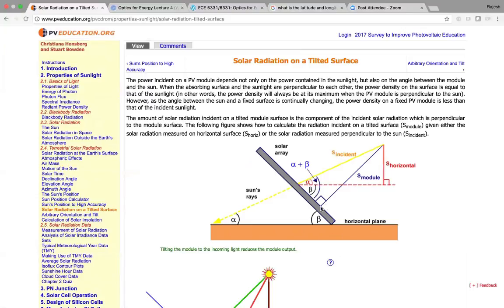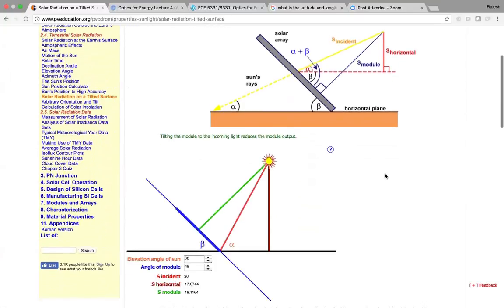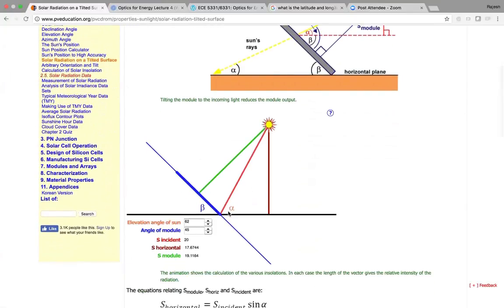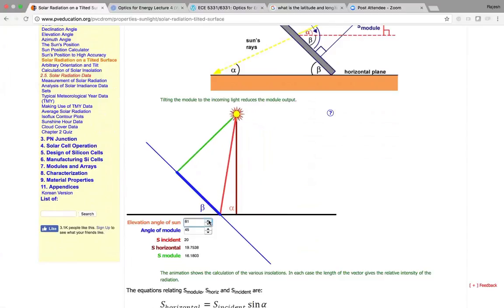Typically the way people look at it, also just a different way to look at the same problem, is you look at the normal to the panel or normal to the horizontal. That's referred to as S module and S horizontal. And how far away is this S incident, which is the rays of the sunlight, from these two normals? Okay. And here's a nice animation which shows the same thing. You can change the elevation of the sun here, so the sun's moving higher and higher up in the sky, and you can see it gets